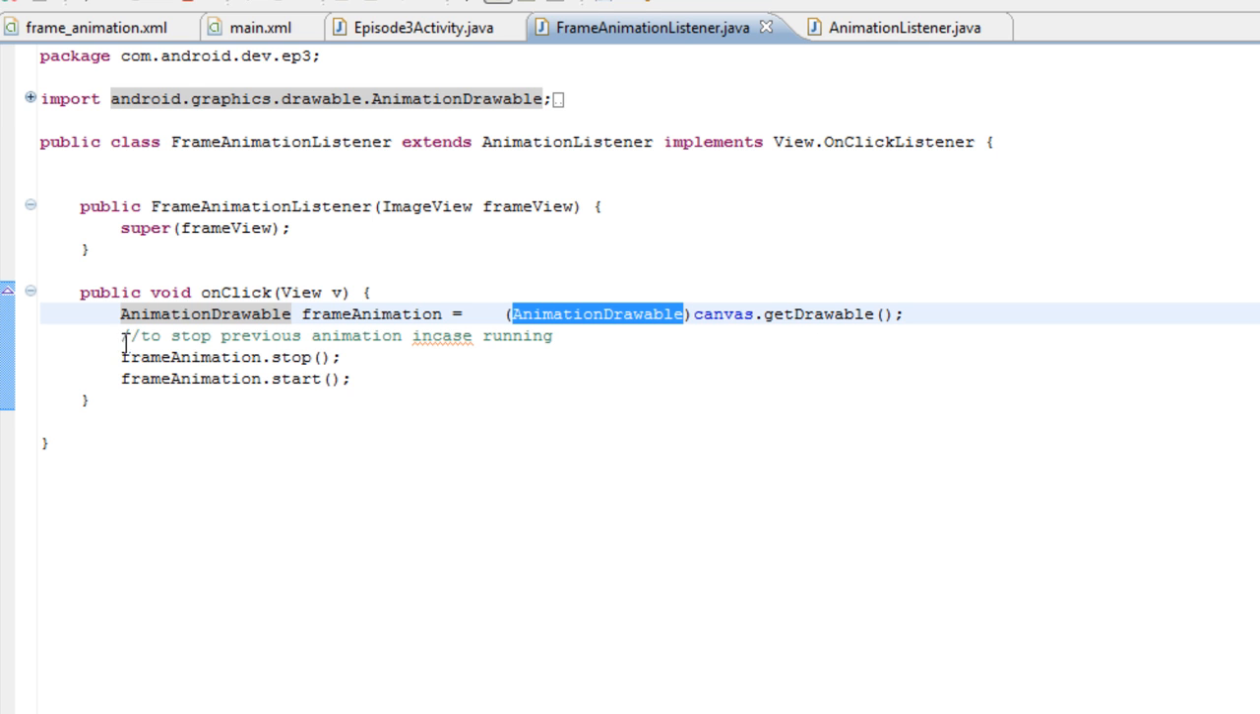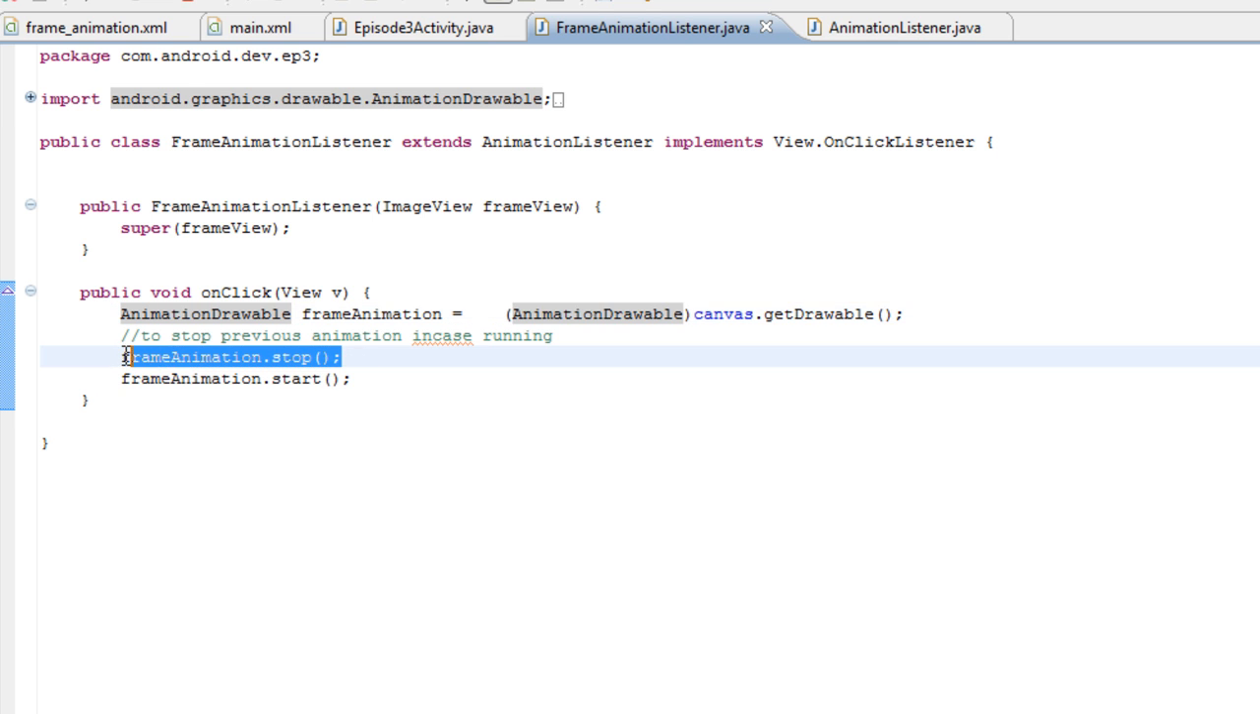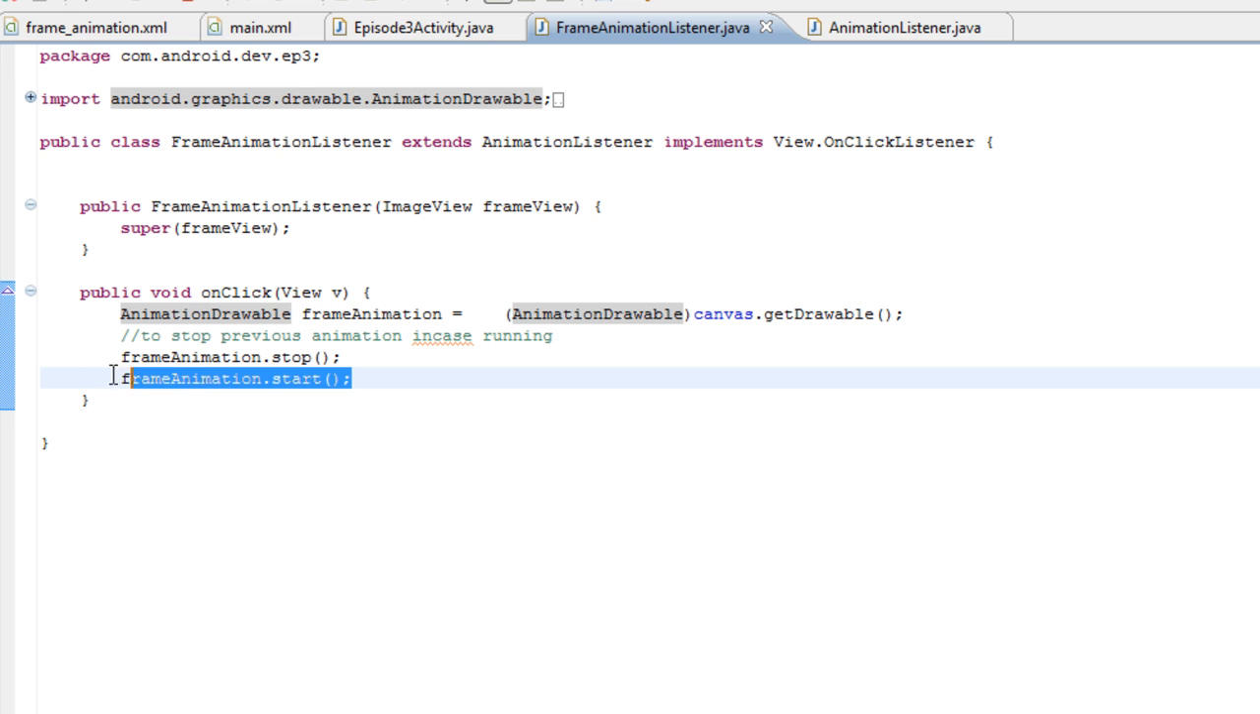So here we grab the drawable, and we call stop first in case there was a previous version running, and then we just start that frame animation. It'll go by what we've written in XML, and it'll work. So let's pull up the